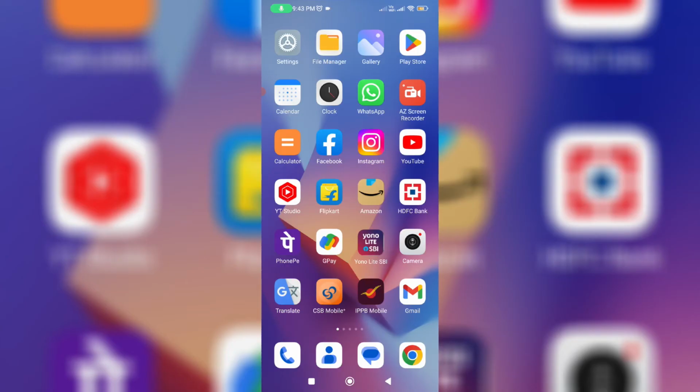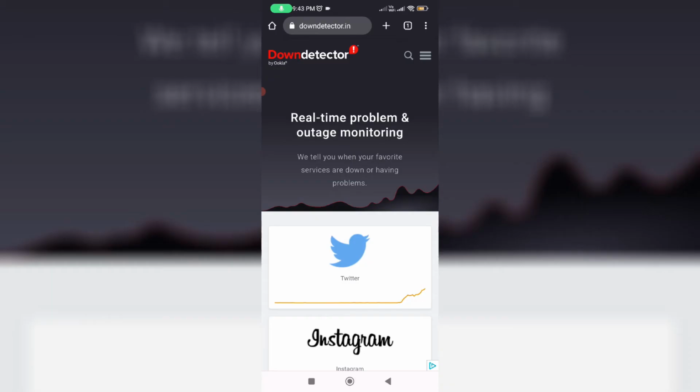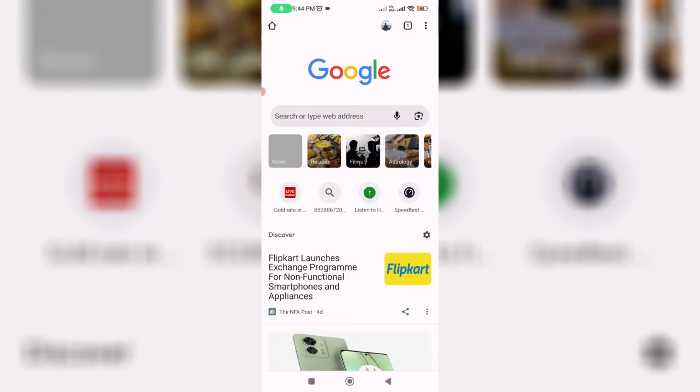So first of all, check whether this website server is down or not. By using this down detector website you can easily find out the server down status. So if it works normally, just open your Google Chrome browser and then tap this vertical three dots icon